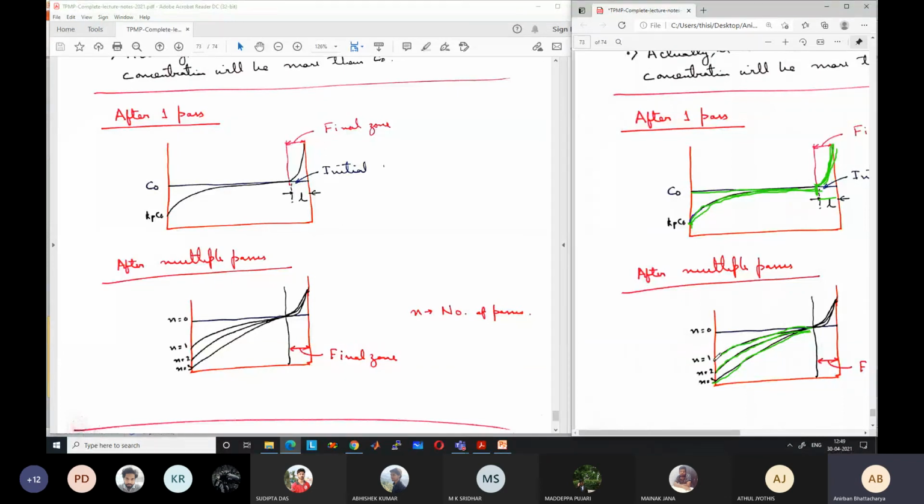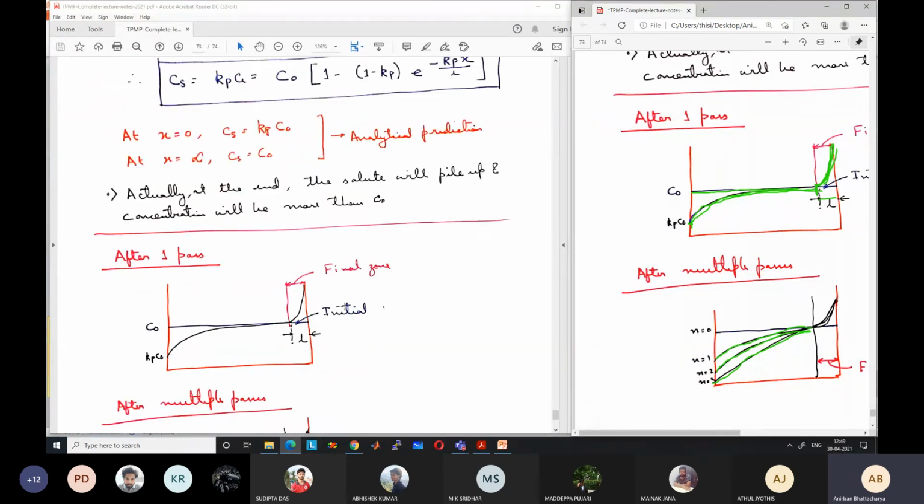You can see that after 3 passes, the concentration is 0.01% instead of 10%. And up to a certain length, there will be a significant decrease. So we can take up to that length as a relatively pure material. Okay, so this is how you can derive it. Similar problems you should also be able to tackle.